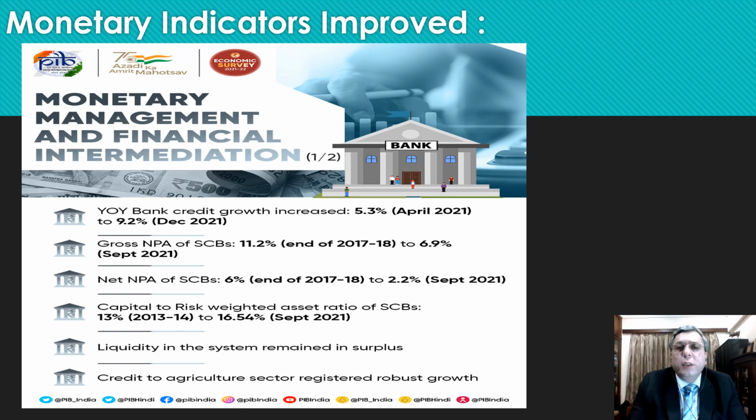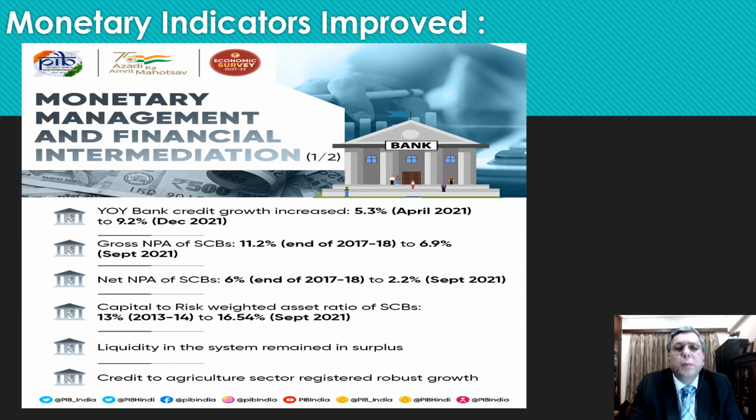Coming to the monetary indicators, monetary management and fiscal and financial intermediation, year-on-year bank credit growth has increased from 5.3% to 9.2%. So, where the credit growth was running at 5.3%, the year-on-year growth has now gone to 9.2%, which is most welcome. We have a direct correlation of credit growth with economic growth and consumption growth, so